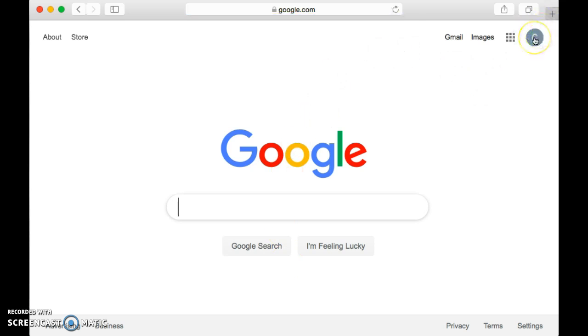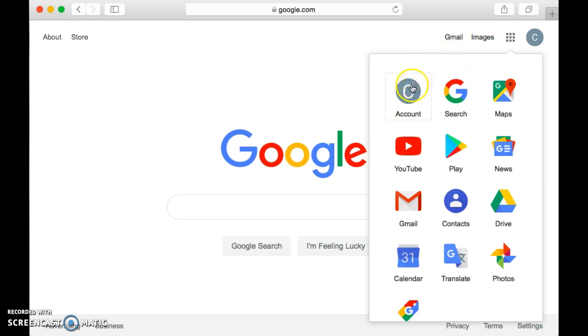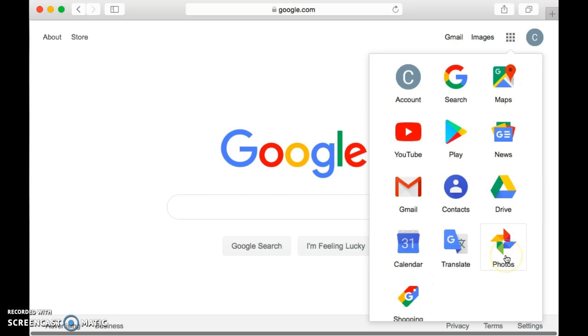And now I have my own Gmail account. Right here, I can access all of my apps that Google offers. I have my personal account, my search engine, maps for directions, YouTube, Google Play, Google News, Gmail where all my emails will be located, all my contacts where I can find email addresses of people that I'd like to get in touch with, Drive where I can put files, Calendar, translate for different languages, photo storing,